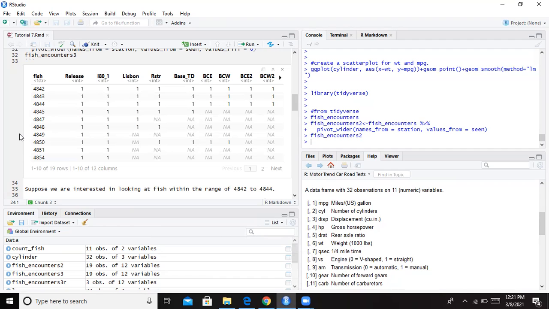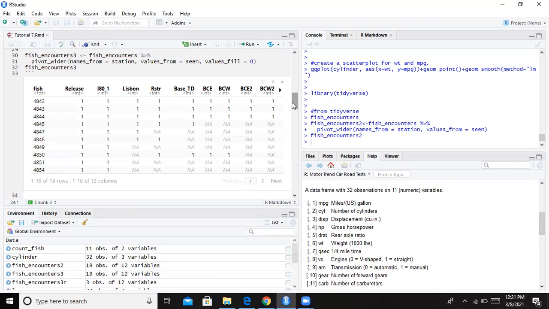So this means we actually know how to fill in these values, right? Because obviously a value of NA constitutes a kind of value of 0, basically. It means there was no sighting. So we already know how, in some sense, we can fill out these values, right? And so it's a matter of filling them out, obviously. This is why I'm going to say something like values 2 equals 0 here, right? This is because I know that the value, if it's not 1, it's 0, as in the fish wasn't seen